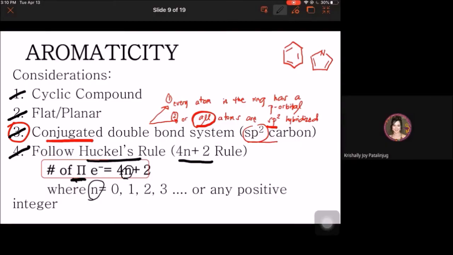Now in the ring, I have mentioned already what pi bonds are. Let's say for example you have a multiple bond, a carbon to carbon multiple bond. One of those is a sigma bond, and the remaining are pi bonds. Always one is sigma, the remaining are pi bonds. So for triple bonds, one is a sigma bond, and two of them are pi bonds.